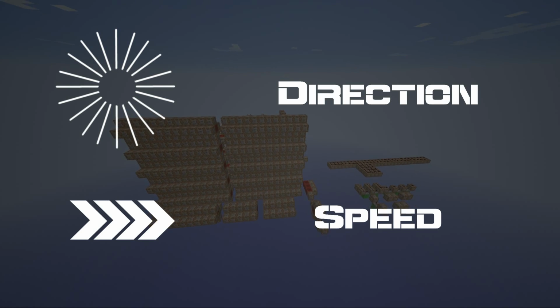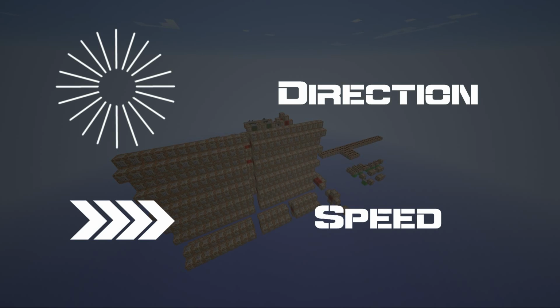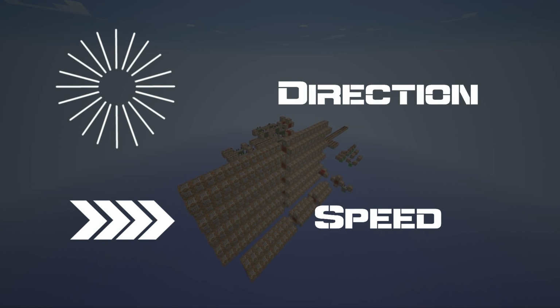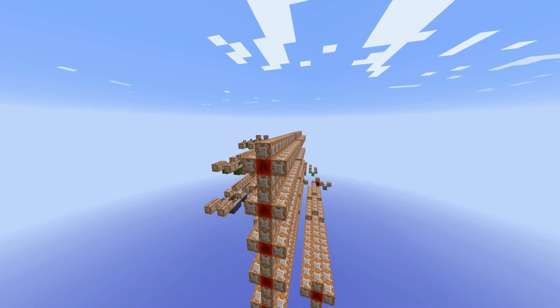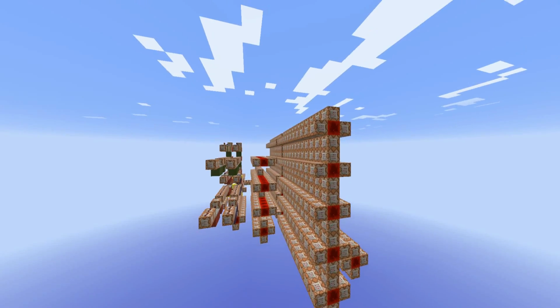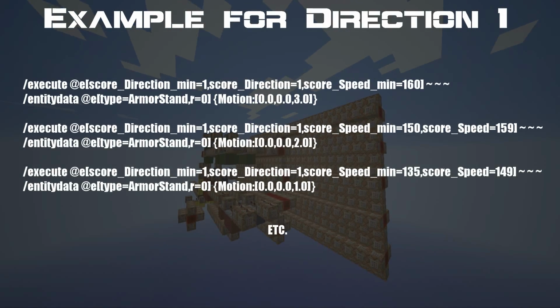To track them, there is a scoreboard called direction. Another objective called speed tracks how fast the puck should move. If you start the game, the armor stand simply gets a direction as well as a speed score. As soon as the speed score is above 0, a clock will start removing 20 points of the score every second. Then a lot of command blocks give the puck the right motion, depending on what the speed and the